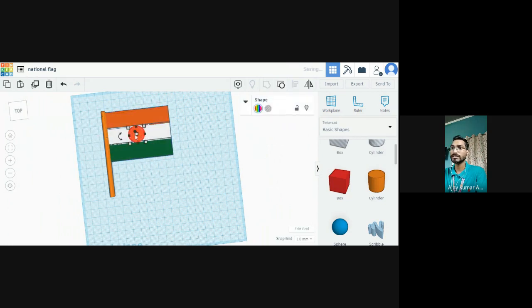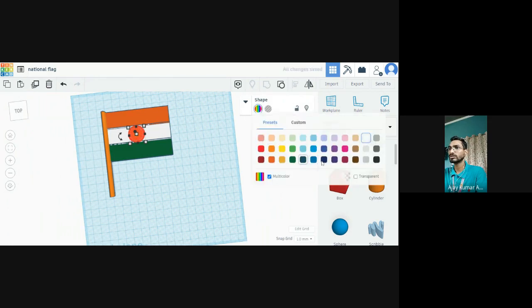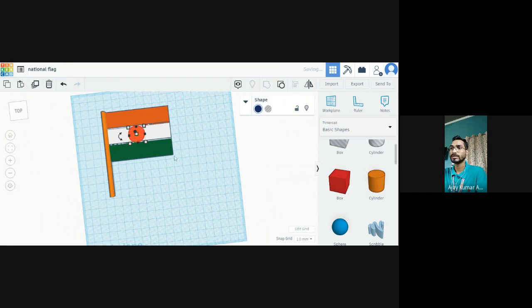Just select the center one, and I'm just going to use blue one. Okay, now select the figure. Okay, so only this figure, and I'm going to group it. So now it will be on blue color, I think. Okay, so this is our national flag with the supporting pole.